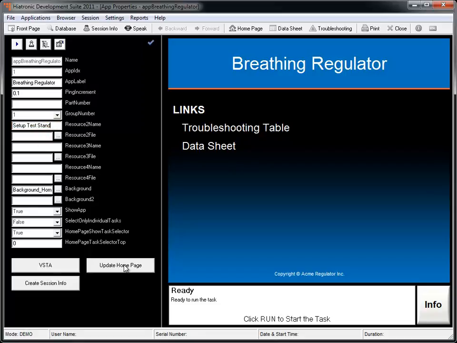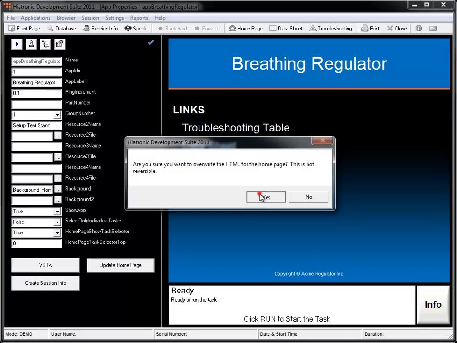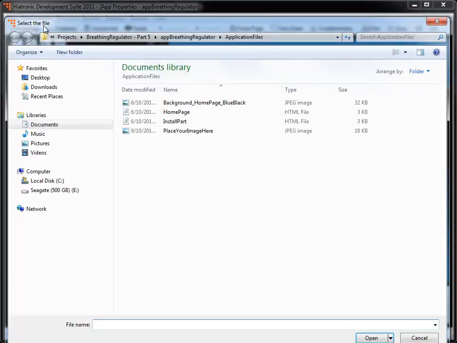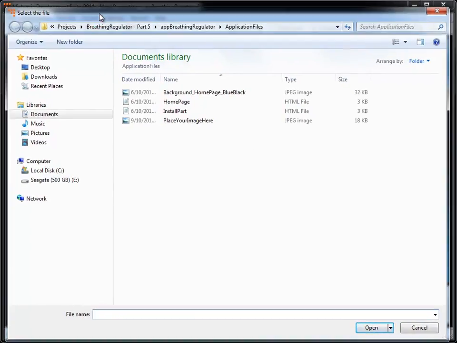And now if you update the home page, nothing happens yet. We're going to need to add a resource to file before it'll show up here. So we click on this button, which is associated with that property, and what we're going to do is we're gonna grab an HTML